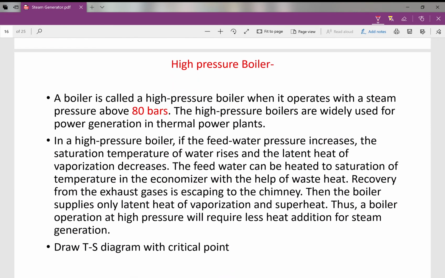So dear students, now the high pressure boiler. As I told you earlier, a high pressure boiler should have pressure above 80 bar. These are the qualities of a high pressure boiler. In a high pressure boiler, if the feed water pressure increases, the saturation temperature of water rises and the latent heat of vaporization decreases. You see,